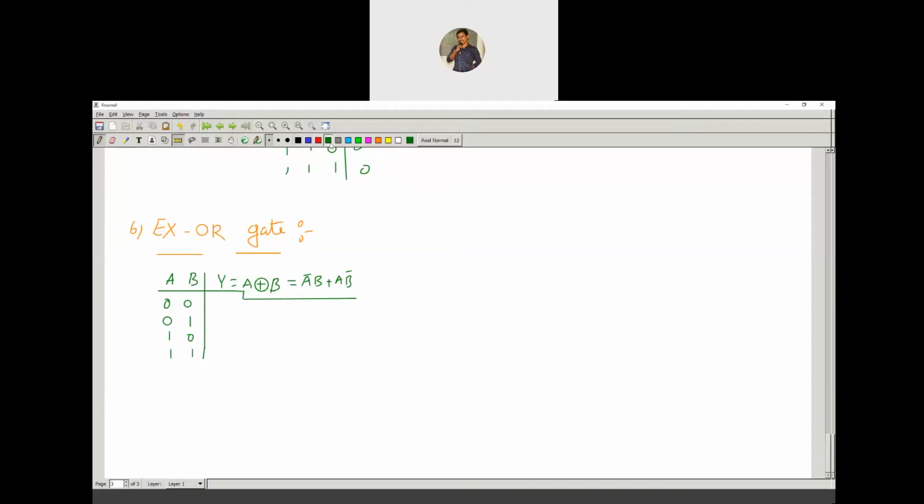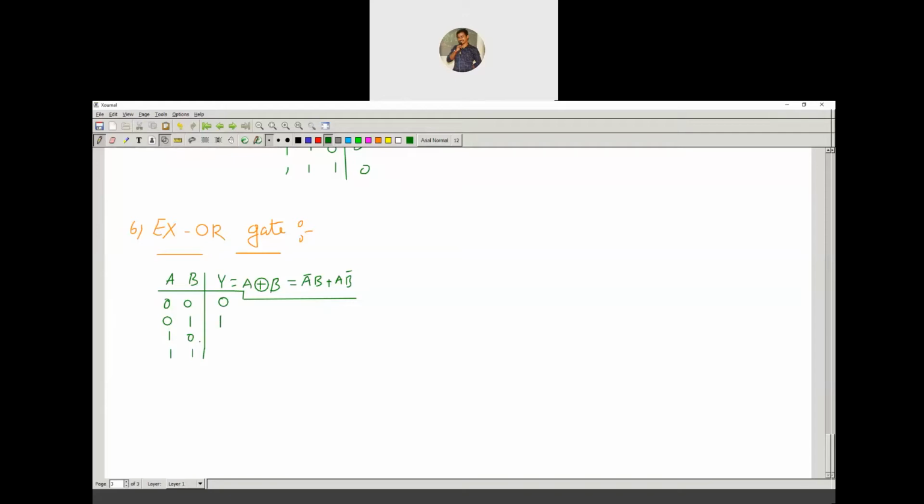So for the first combination, input 0, 0, there is no odd number of ones, so the output is going to be 0. For the second combination, the inputs are 0, 1. How many ones are there? One 1, which is an odd number of ones, so the output is going to be logic 1.